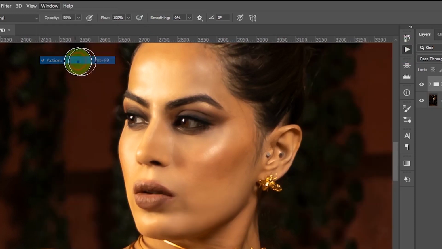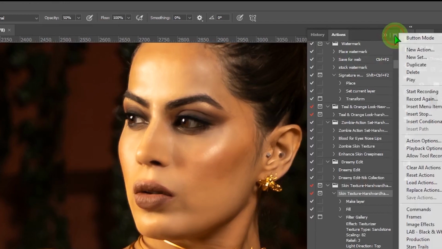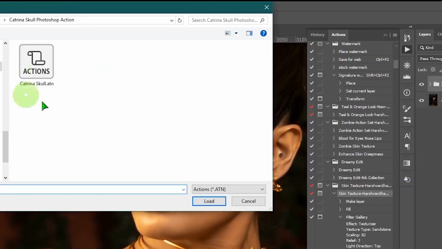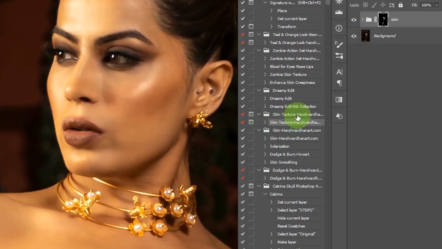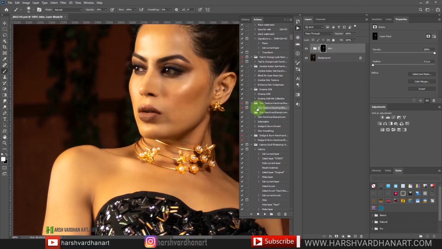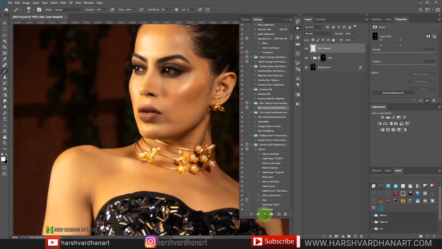You can download this action from the link in the description section below. Go to Windows and select Action, and this action panel will open. Then click on this hamburger menu and select Load Actions and select the downloaded ATN file. This is a different one, but you will find the skin texture Harshvardhan art action file, and then you will have this skin texture folder, and inside it there is one action. You just need to select this action, skin texture, and select the play button, and it's going to create some